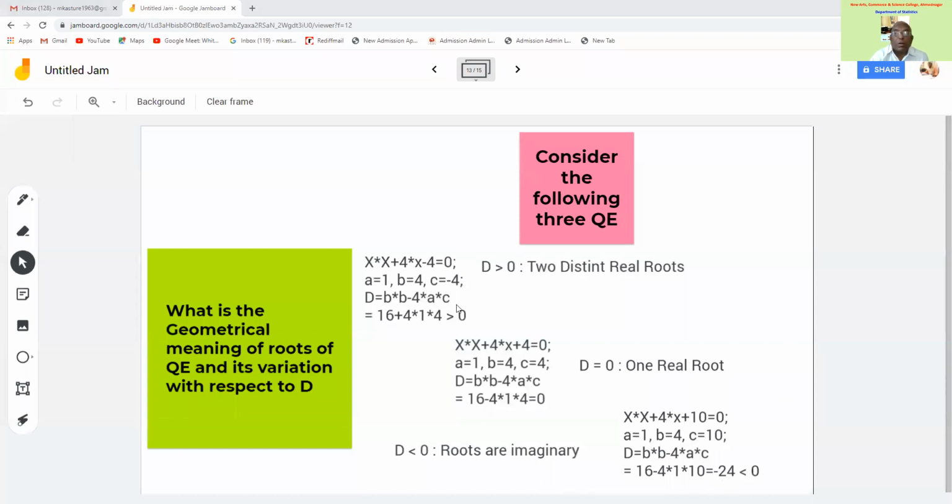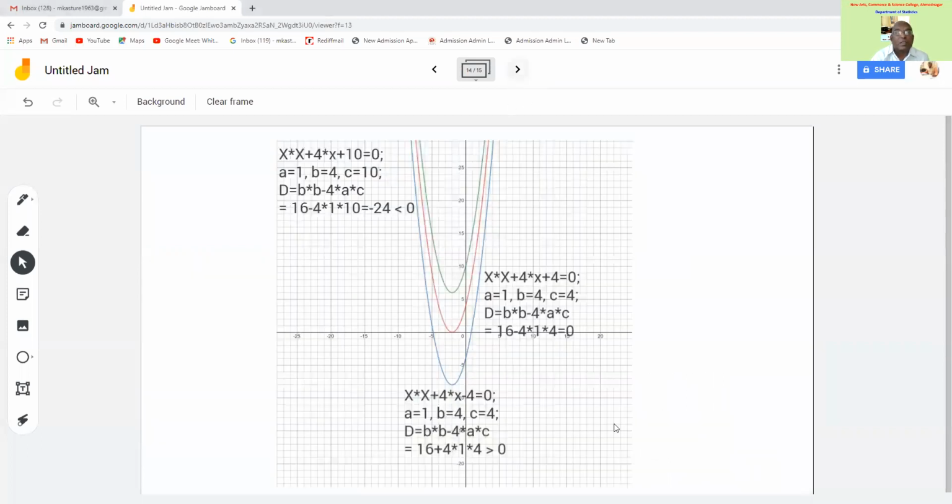Now, one quadratic equation, d strictly greater than 0. Another quadratic equation, d equal to 0. Third quadratic equation, d less than 0. What is its geometrical interpretation? And that is what we can see here very well. See these 3 graphs. If you take say this blue one,